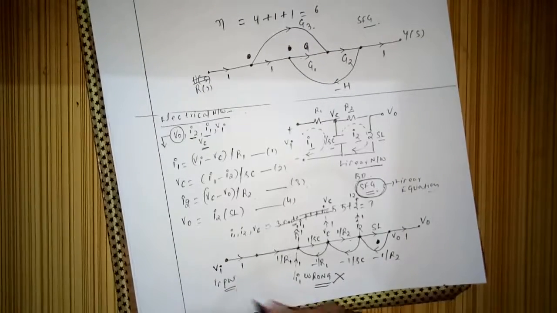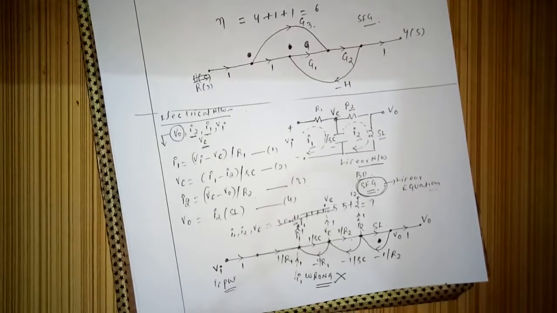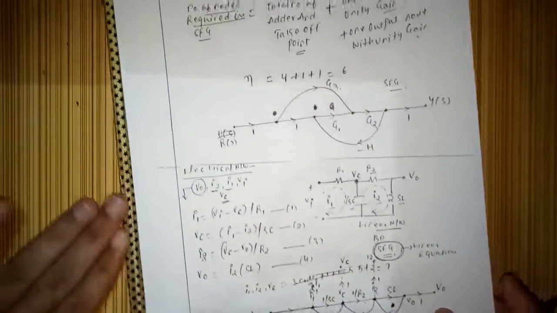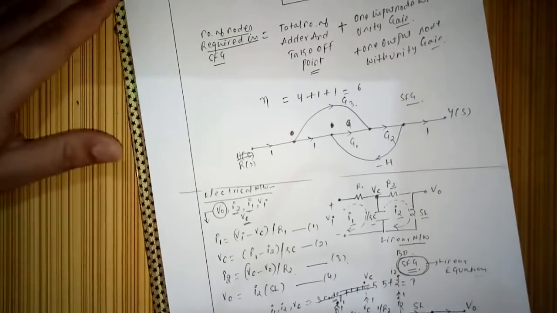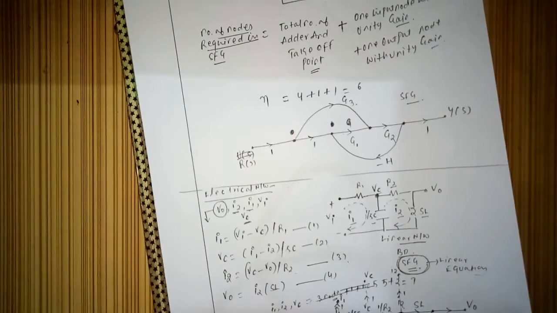This procedure can be done to find output only, but input will be strictly Vi only, right? So this completes our discussion of converting an electrical network into a signal flow graph. Now we will see how to find a transfer function from